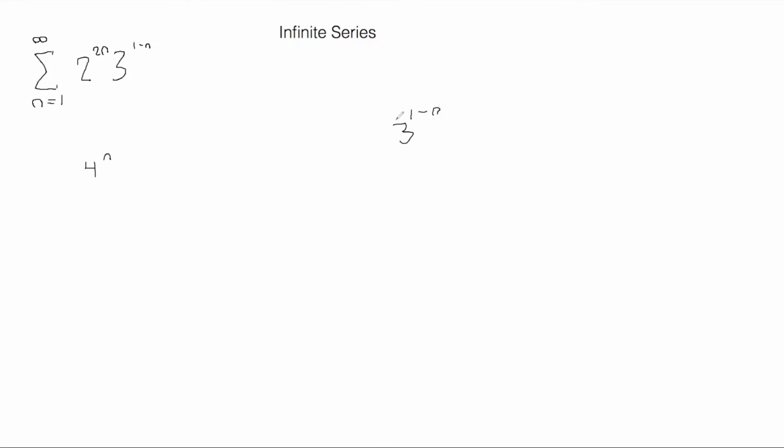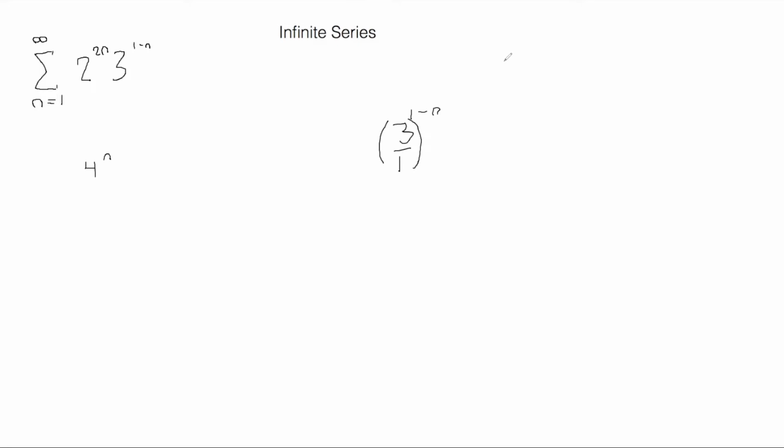So we have 3 to the 1 minus n. I want to convert that into a fraction. And remember that we can't just willy-nilly convert things into fractions arbitrarily. We have to make sure that things kind of balance out. Kind of like in algebra, whenever we're trying to solve for a variable, we have to add one thing to one side, and then we have to add the same thing to the other side in order to keep